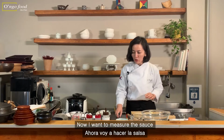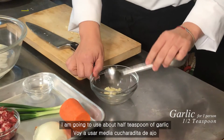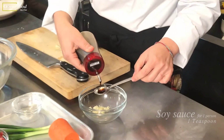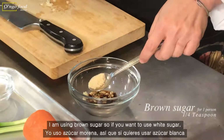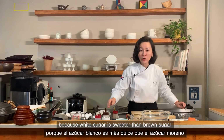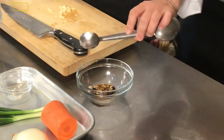Now I want to measure the sauce. I'm going to use about half a teaspoon of garlic, 1 teaspoon of soy sauce, a little bit of sugar. I'm using brown sugar, so if you want to use white sugar, I recommend reducing it by half because white sugar is sweeter than brown sugar. A little bit of sesame oil, black pepper,